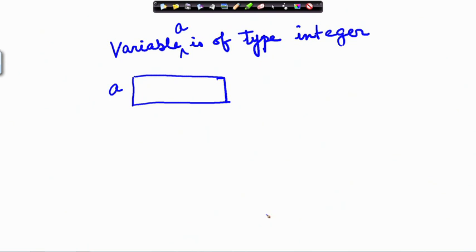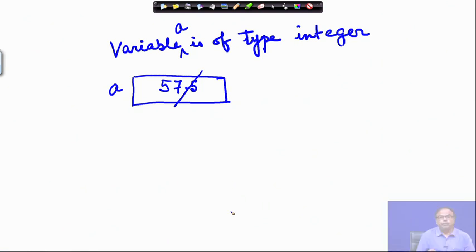There is a memory location corresponding to A, and this memory location can only hold values which are integers. So, 57 I can store here, but if I try to store 57.5, it will not store 57.5 because it has been told to be an integer.